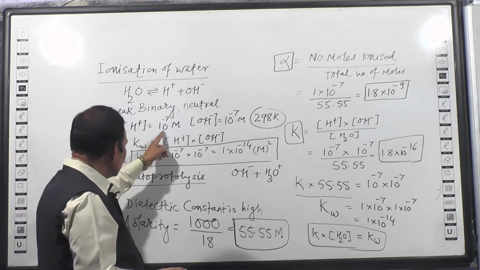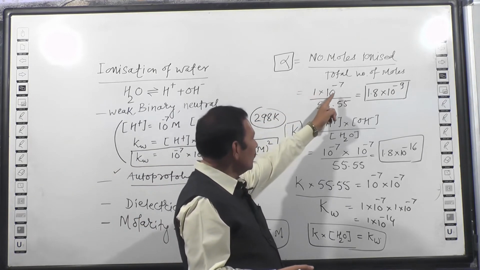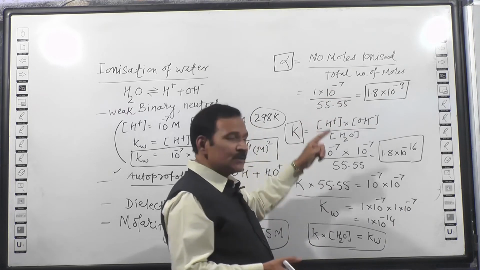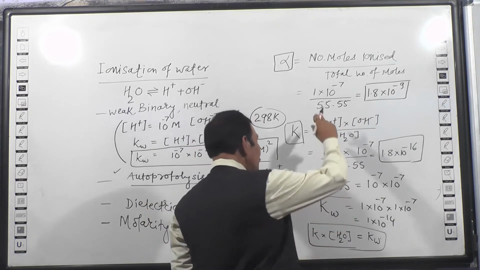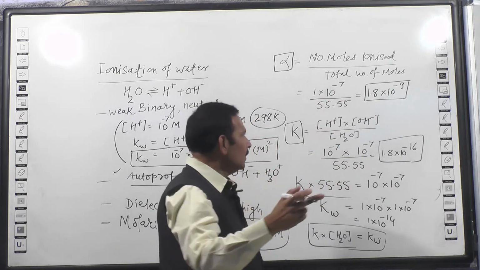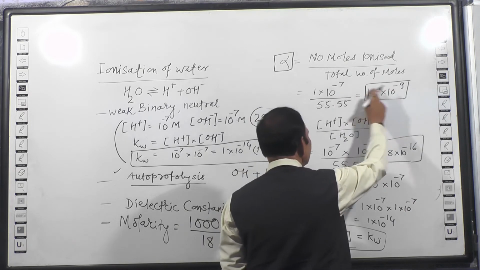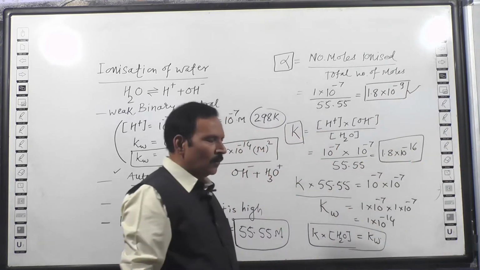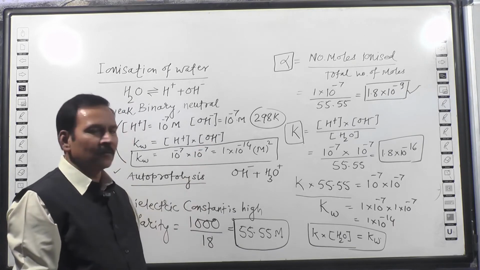इसीलिए यहाँ पर H plus इतना मिलता है, OH minus इतना मिलता है. So the number of moles ionized are 1 into 10 to the power minus 7 divided by total number of moles present in water are 55.55. If you solve this, reciprocal of 55.55 is 0.018 in log table, and if that is written as 1.8 significant figures, the power 7 becomes 9, and this is the value of degree of ionization of water, 1.8 into 10 to the power minus 9, important character of water.